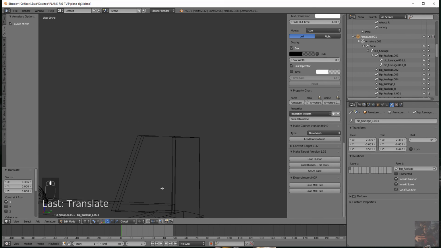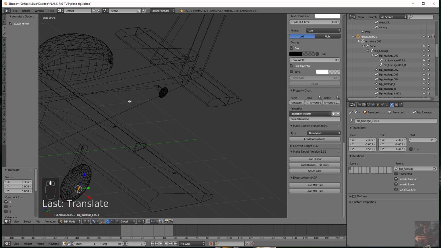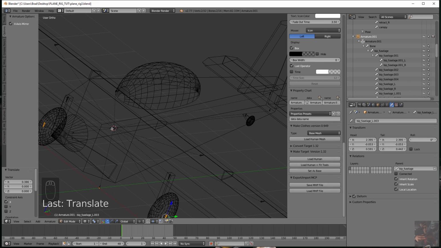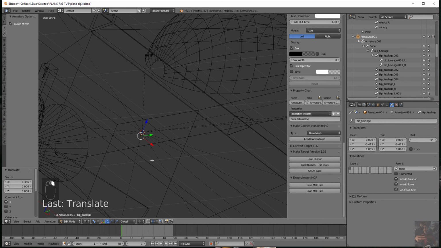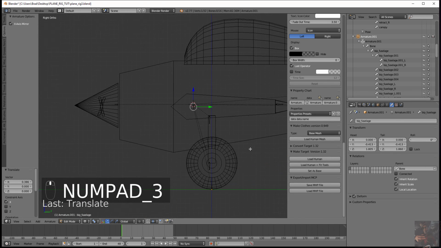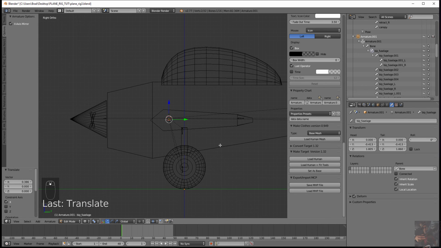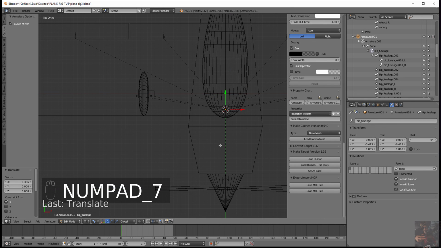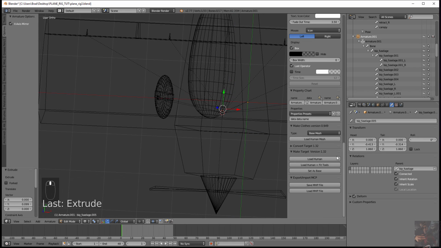Okay, one more bone I think is all. No, we need 2 more bones. Off the fuselage bone, we need one for the canopy. Now some people, depends on how the canopy actually opens. Some people will use a shape key, and I'll show you how to do that. And some people will just use a bone, and we'll show you how to do that. So I'm going to shift from the top. I'm going to extrude one bone by pressing just E, not Shift E. I'm going to extrude it out. I'm going to disconnect it,